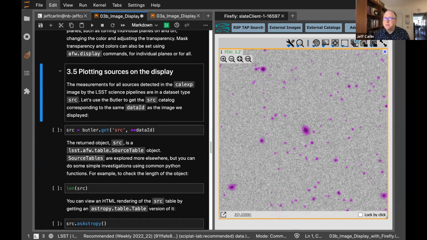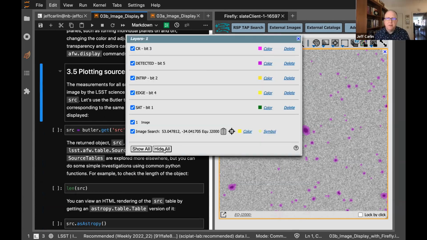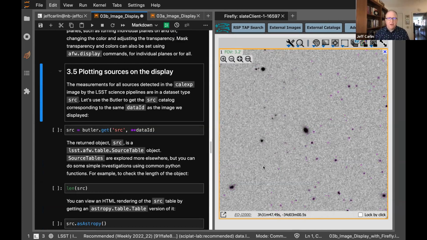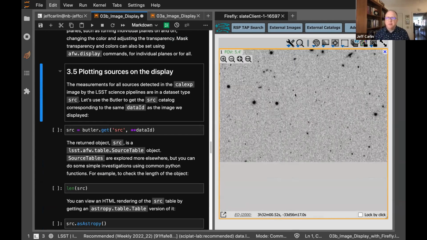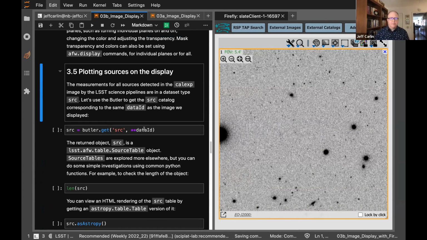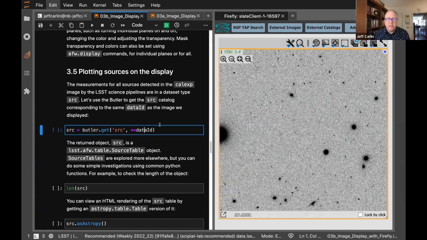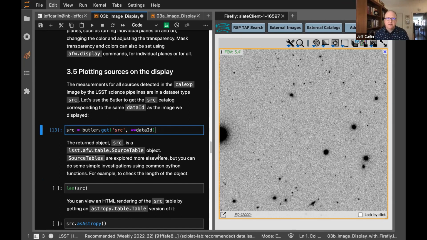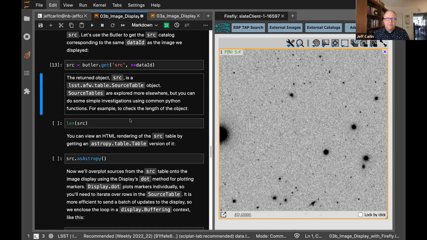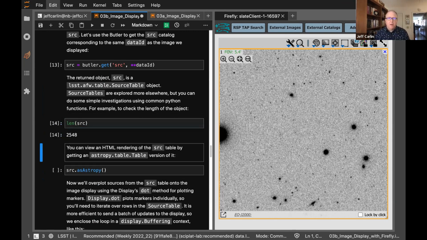So I'm going to get rid of the mask plane for now, and just show the image. And then we're going to display some sources on top of the image. This is as we did in the previous notebook. We're going to go to the Butler and get this source catalog. This is a source table that corresponds to detections of objects on this image. You can see the length of that has about 2,500